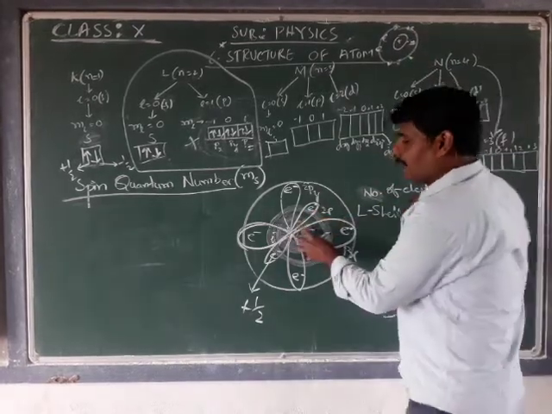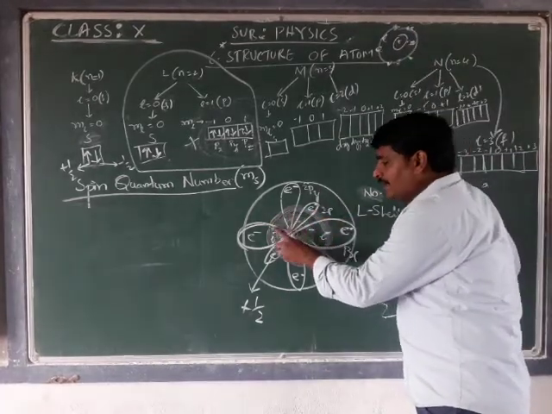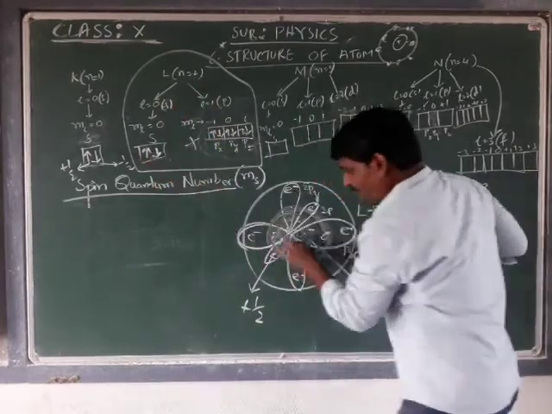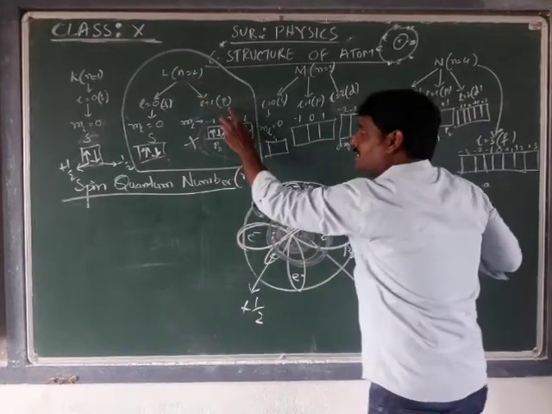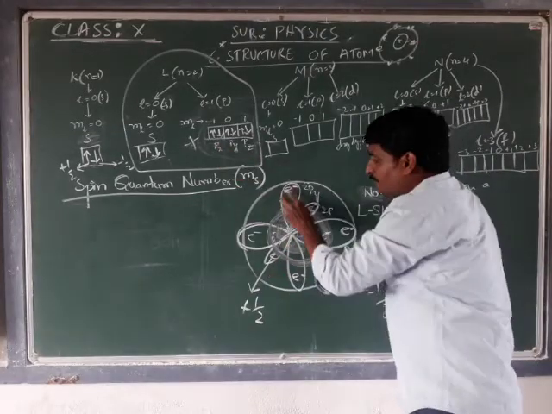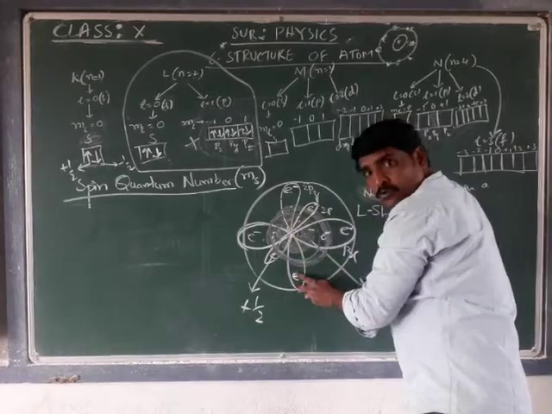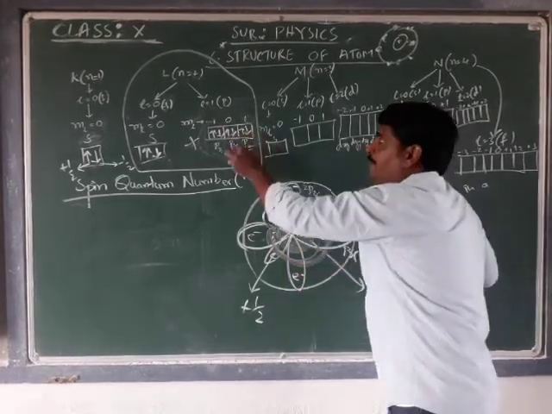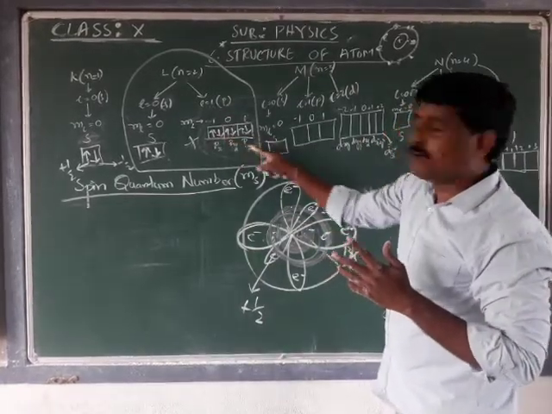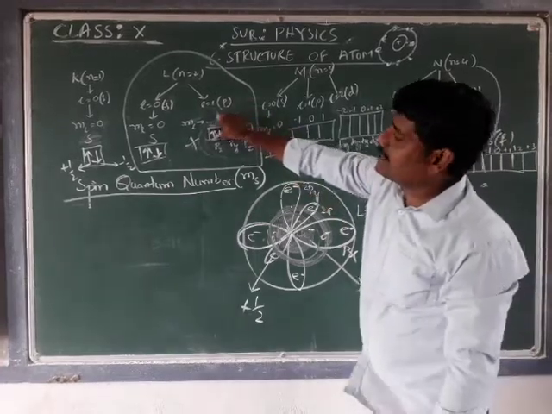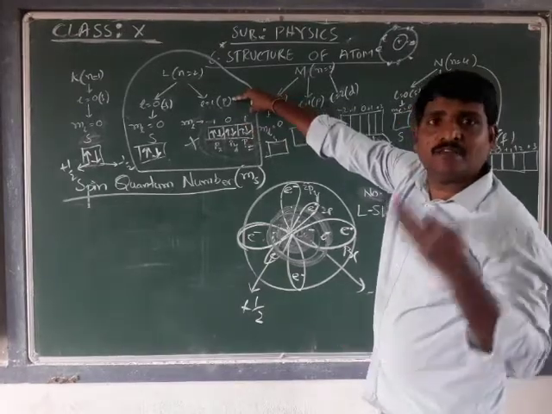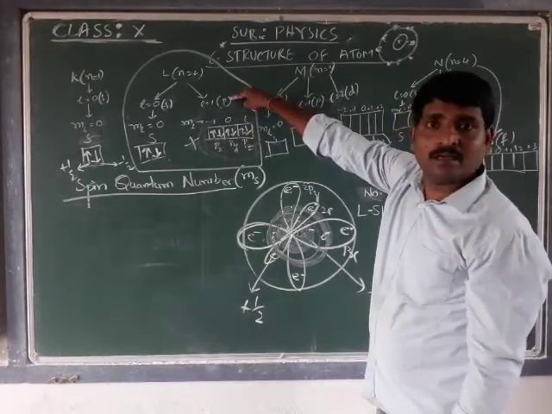Here it is represented according to the Schrödinger model. In the Schrödinger model, in the second shell s subshell we can fill 2 electrons. In the second shell p subshell we can fill 6 electrons, where the 6 electrons are distributed among Px orientation 2, Py orientation 2, Pz orientation 2. So the p subshell can possess 6 electrons, distributed 2 to every orientation. There are 3 orientations, Px, Py and Pz, so 3 into 2, 6 electrons the p subshell can possess.